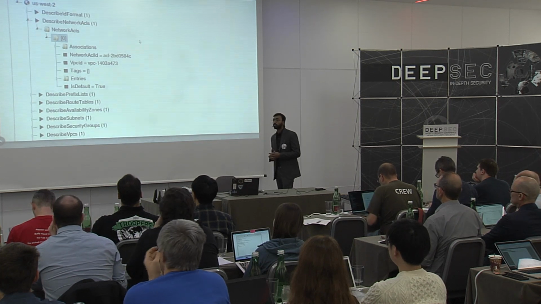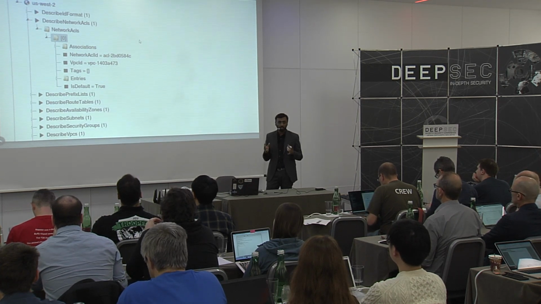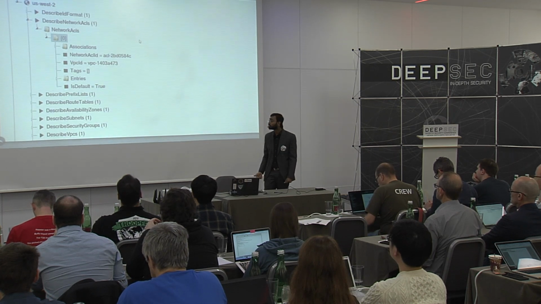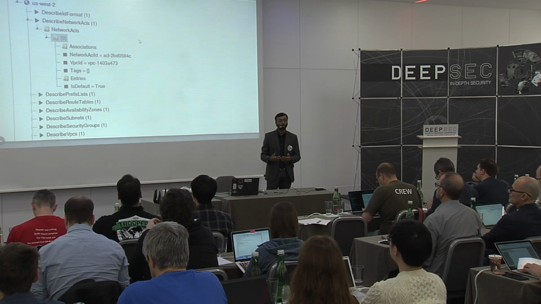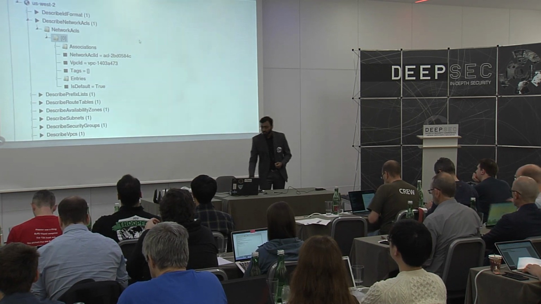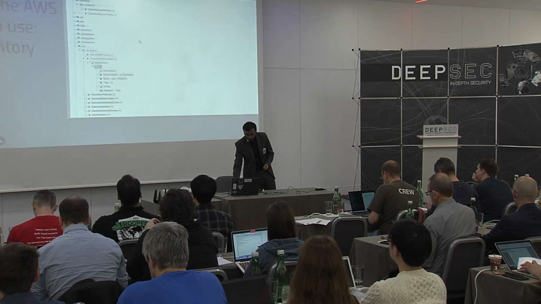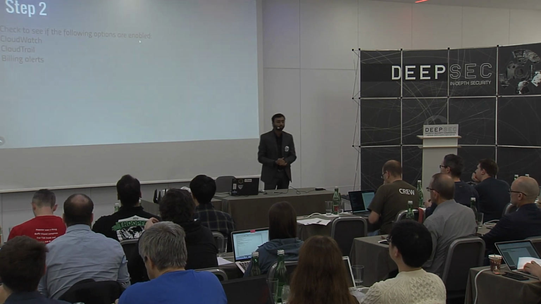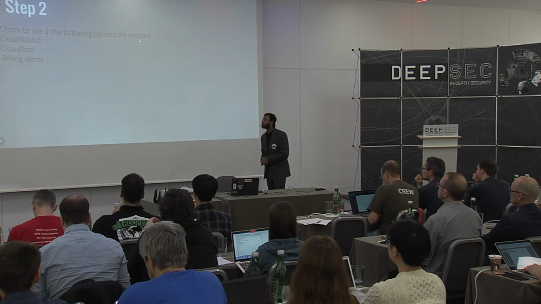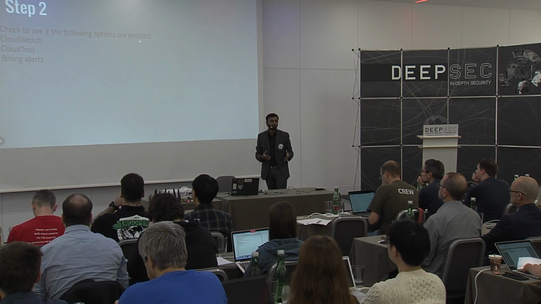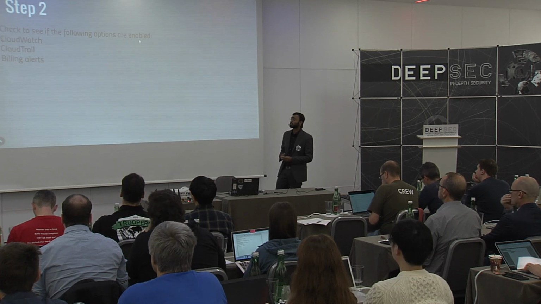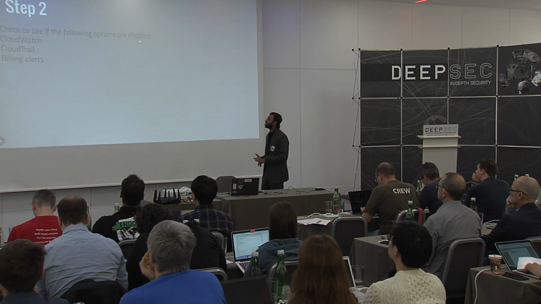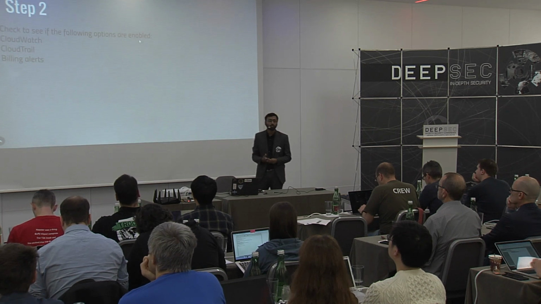This can help you plan out or make a note of all the exact services that are being used in the current account, and maybe plan your next steps of pen testing, which we will talk about in the coming slides. So the second step in the pen test of an AWS environment is that you should check for these three things. I'll explain why these three services or features, for sure.